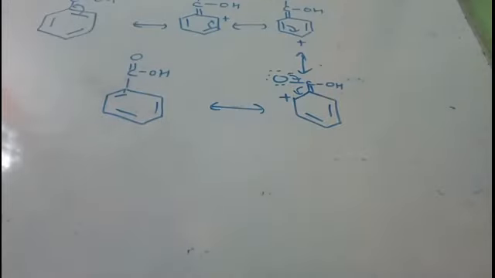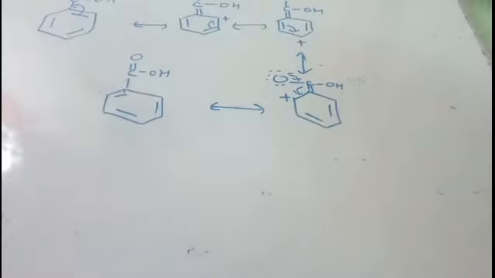So these are the resonating structures of carboxylic acid, and in structures 2, 3 and 4 you can see that there is positive charge at ortho and para position, hence the incoming group cannot come. The electrophile cannot attack at ortho and para position, it can only attack at meta position, therefore it is a meta directing group. Hence all the reactions which will take place, such as nitration or bromination, whatever you will do, it will occur at meta position. So let us see.